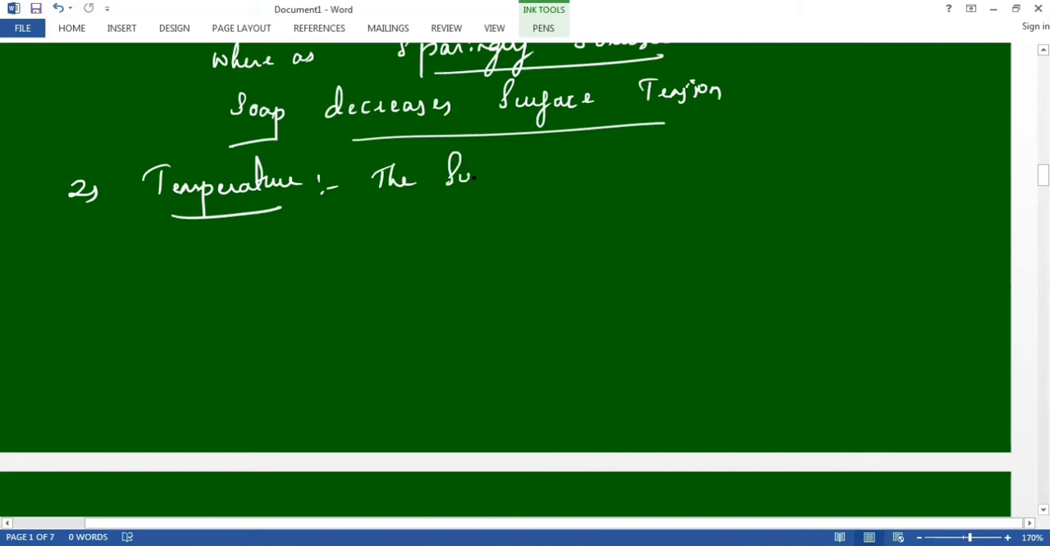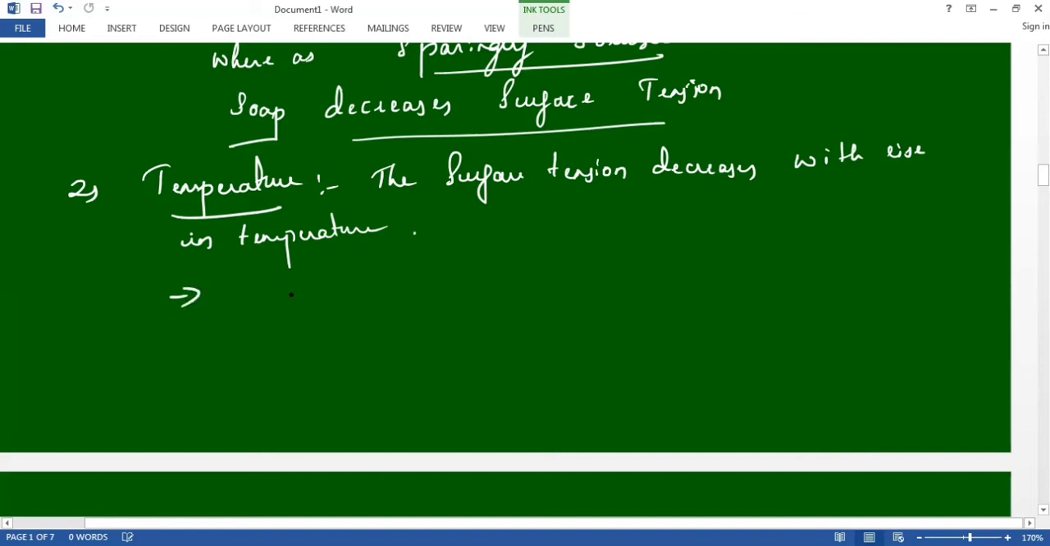The surface tension decreases with rise in temperature. Next point is the temperature at which